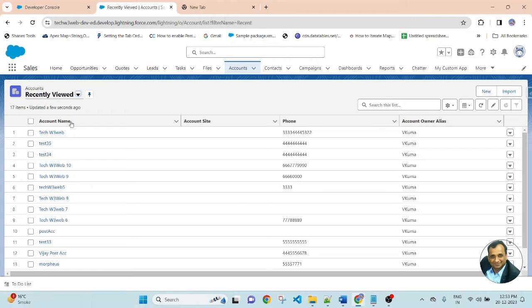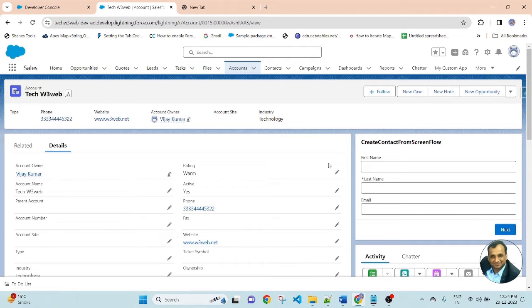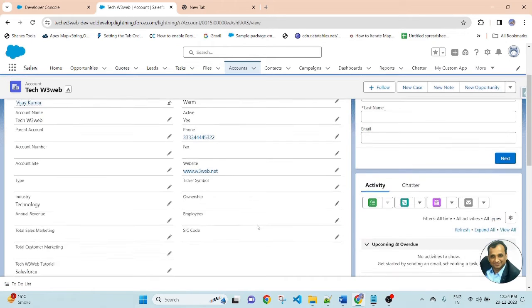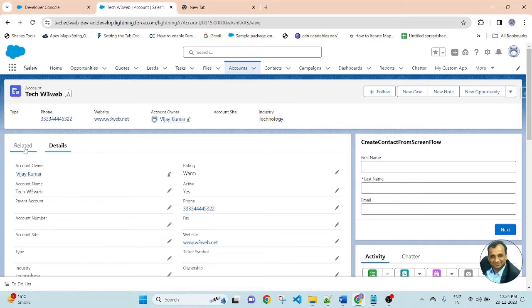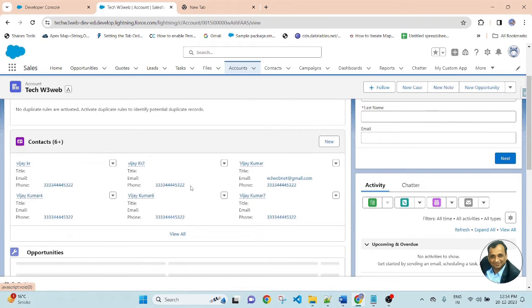As per the scenario, here I am updating the phone numbers of all contacts associated with the account. So this is an account. This is the phone number on the account detail page. And if you go to the related page of the account, there are 6 contacts associated.